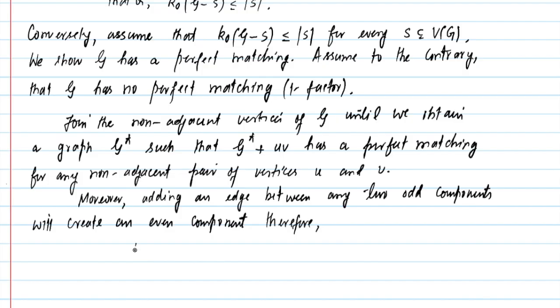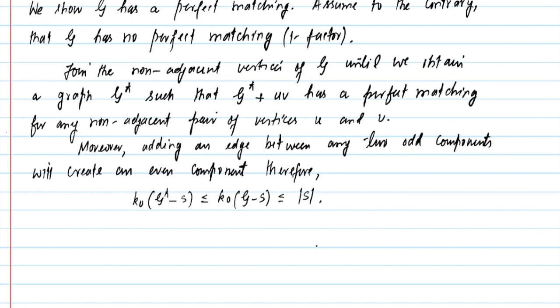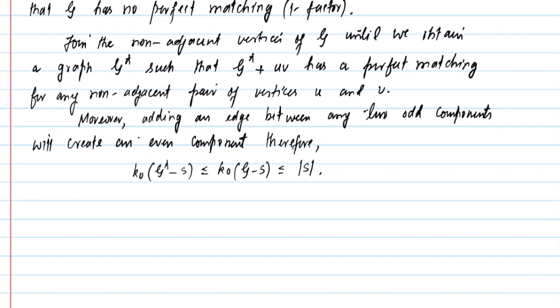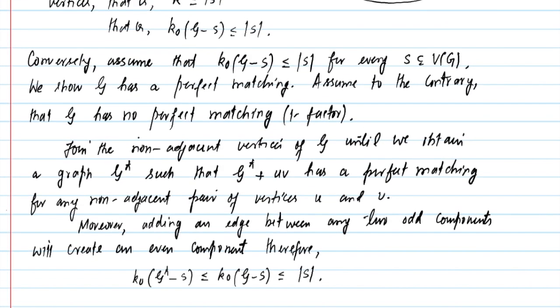Therefore, this k naught of G star minus S will always be less than or equal to the number of odd components in G minus S. Now this is itself less than or equal to the order of S. So that means the condition k naught of G star minus S less than or equal to the order of S must also hold for this maximal graph G star as well. So now we shall work on the graph G star and try to obtain a contradiction,